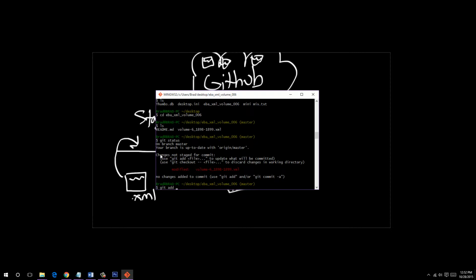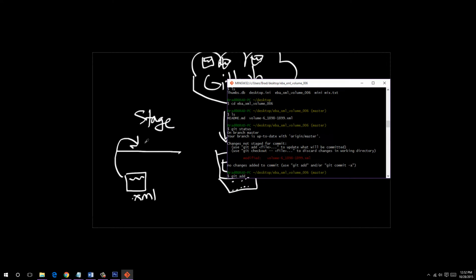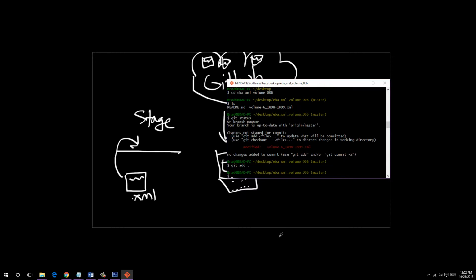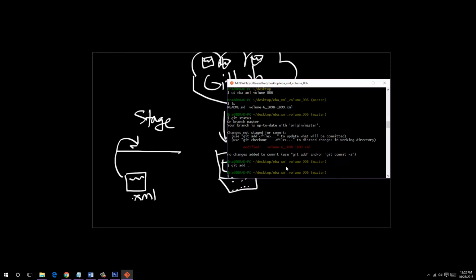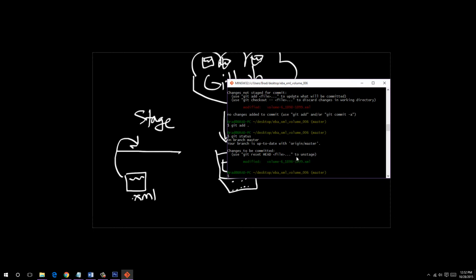Now if you look here, it says changes not staged for commit. And what Git is telling you, and the reason why this file name is in red, is because the files that you changed are not yet staged, which means this virtual stage over here is empty. And the file is just kind of sitting in the audience, if you can think of it that way. So we first have to add the files to the stage. And so git add period will take the file and add it to the stage so that we can commit our changes. If you type in git status again, you can see that the file is now green in Git,